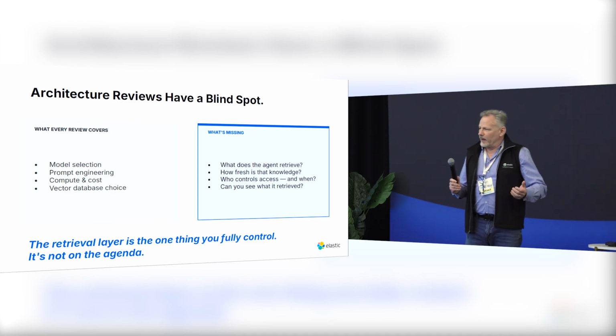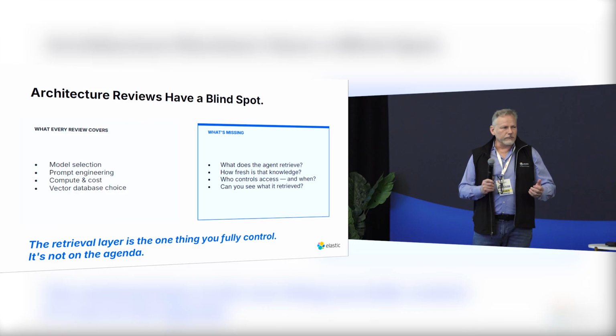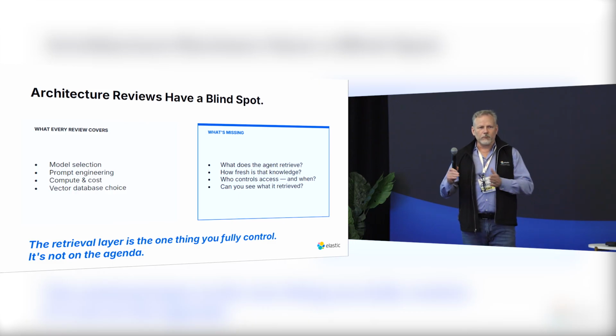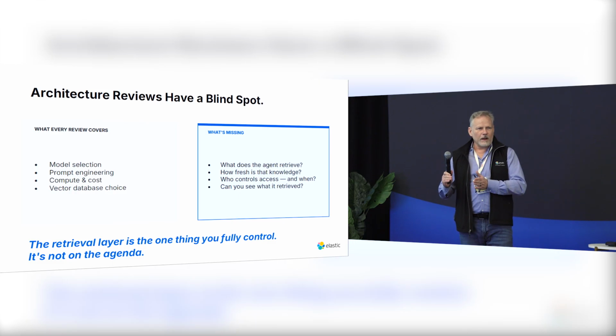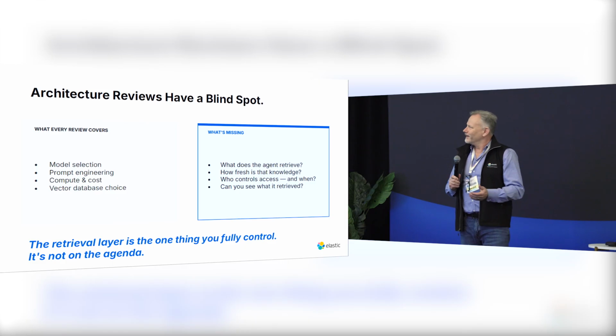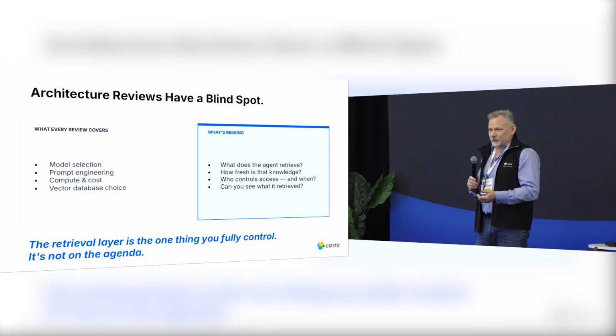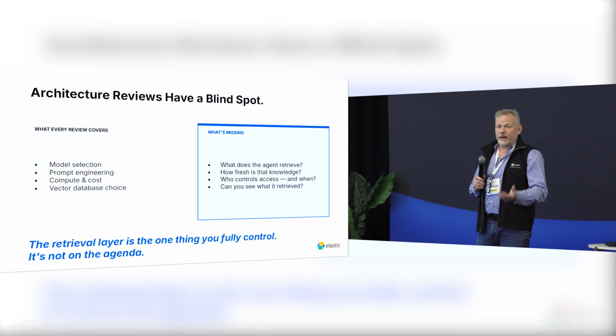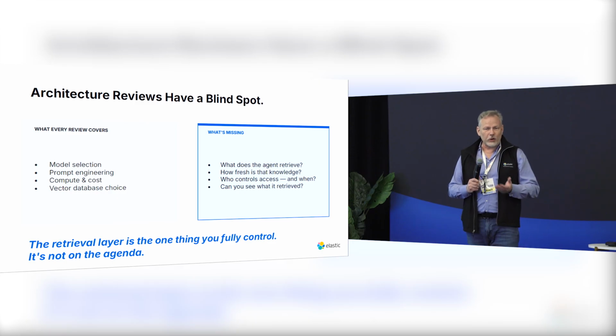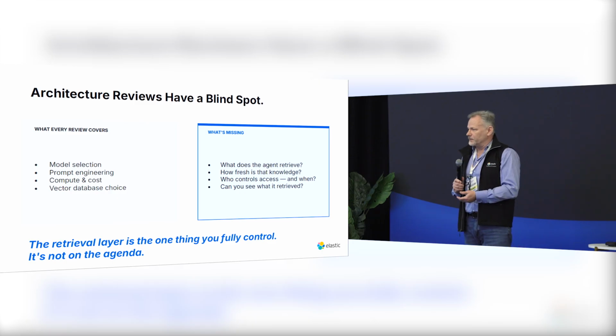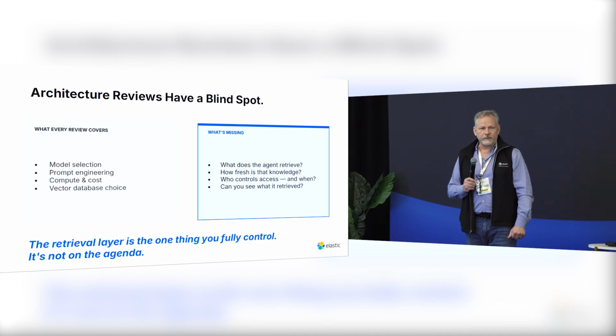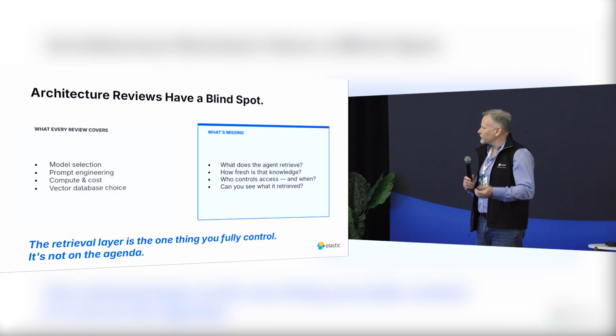But we need to expand that window because an architectural review needs some more things that were a little less hard and used to be a little bit more fluffy or contextual. Now you have to be able to know what it is retrieving, under what conditions, what is that context, how can you measure that context for the question? How fresh is that knowledge? How can you measure and determine that currency of the data that's always being pulled back is being delivered to your agent at the right time and at the right frequency and the right freshness?